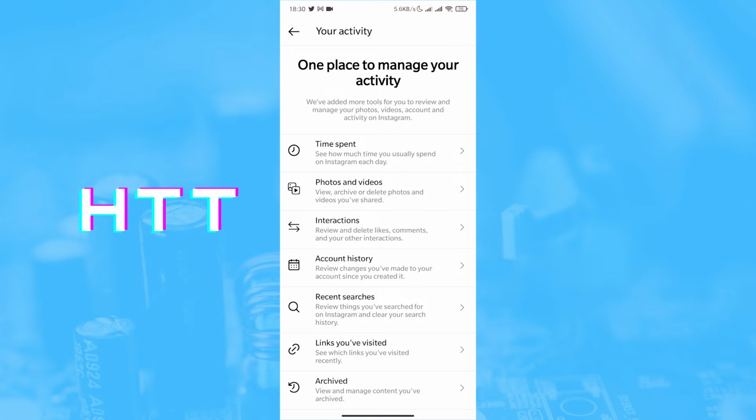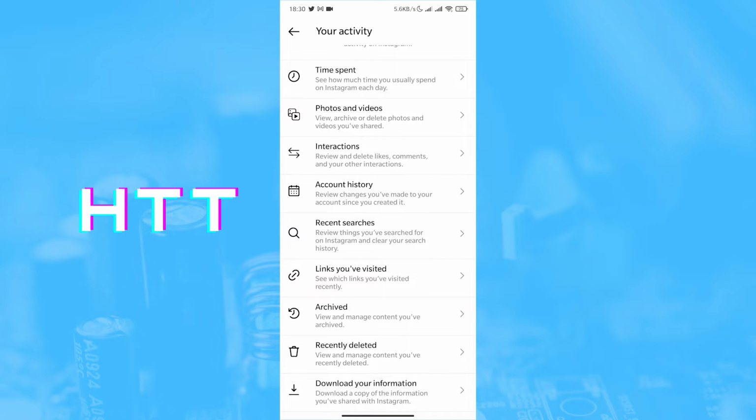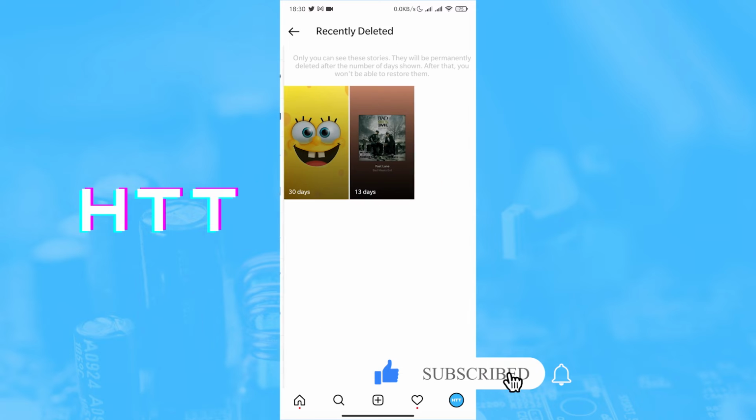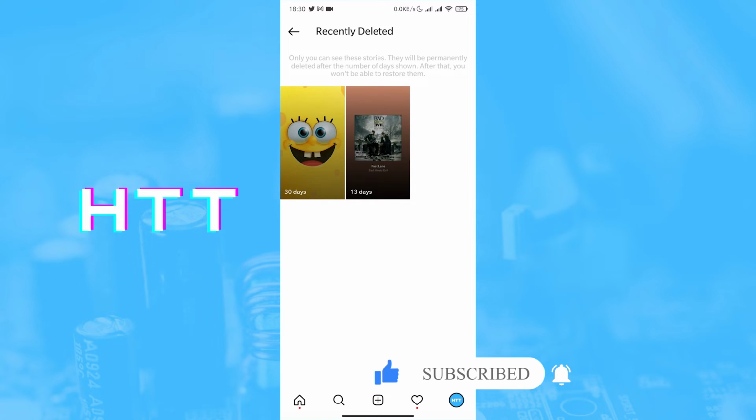And now just scroll down a bit and it says recently deleted. So select recently deleted. From here, you can see all the stories, reels, posts, everything that you have deleted in the last 30 days. So if I wanted to recover or to restore the deleted Instagram story, I'll open it,